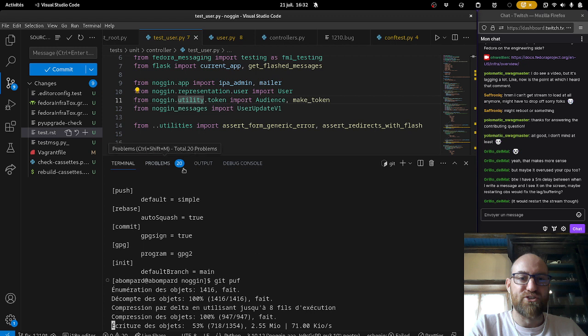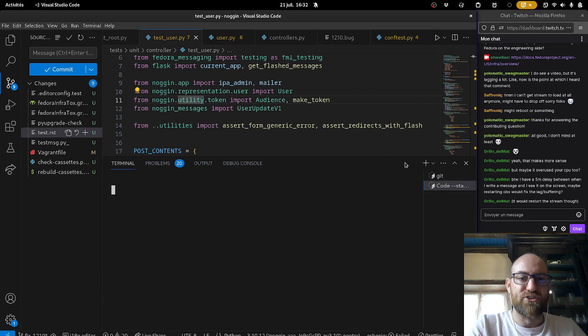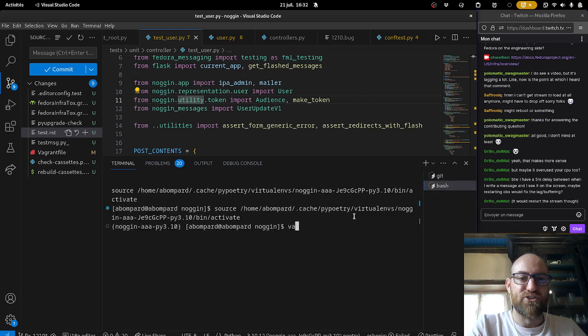I could save some time by turning off the Vagrant machine. Yep, that would be very preferable. Let's make a new terminal. Let's stop the VMs that we don't need. So it's going to stop the Noggin VM, which takes a lot of RAM. It's going to stop the IPA VM, which takes even more RAM. I think FreeIPA is like 2 gigs of RAM, something. So it's probably going to give some breathing room to my laptop.